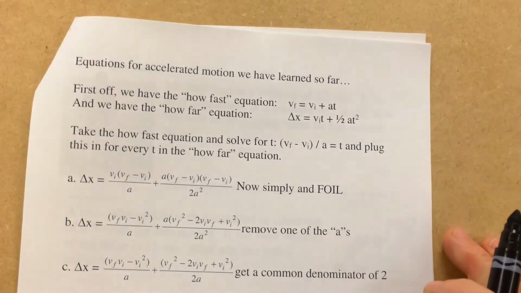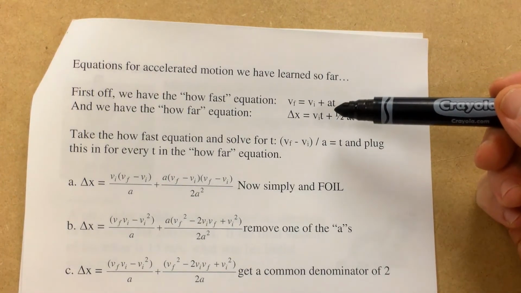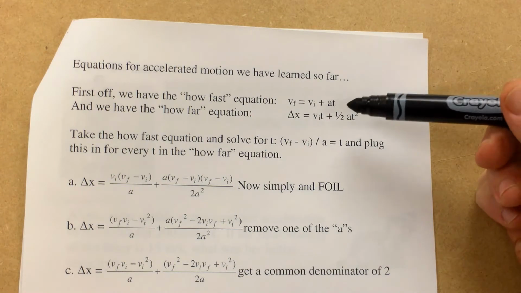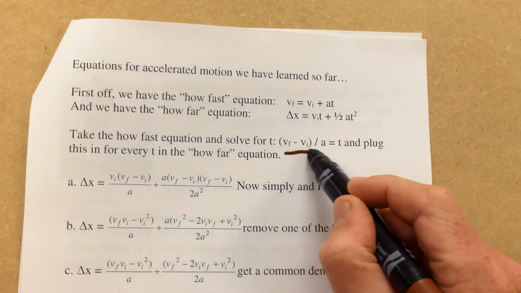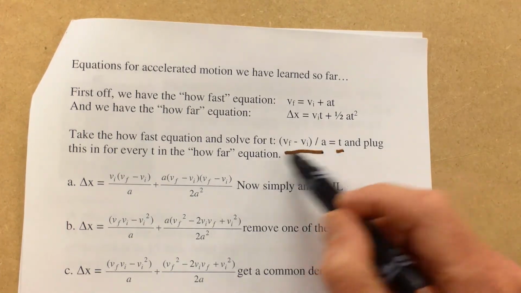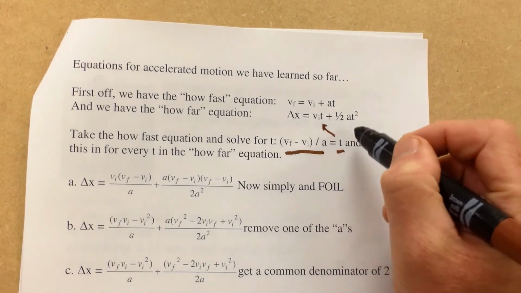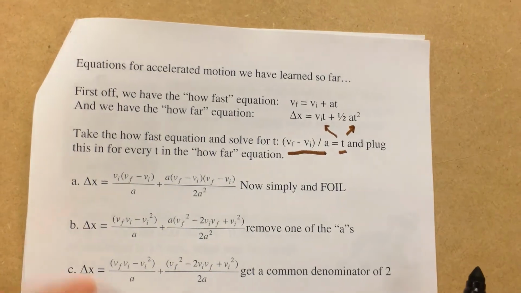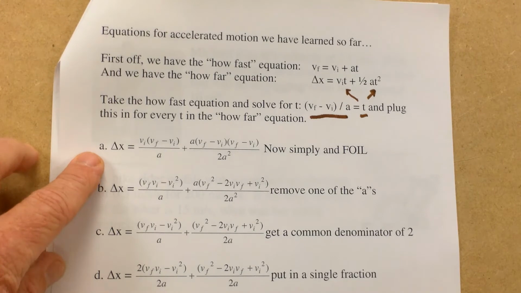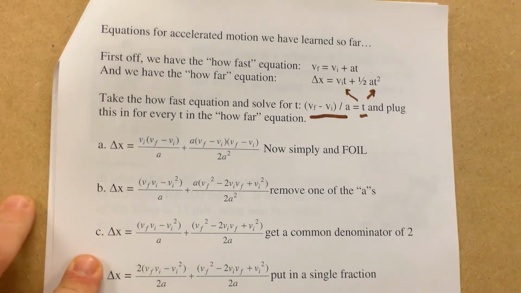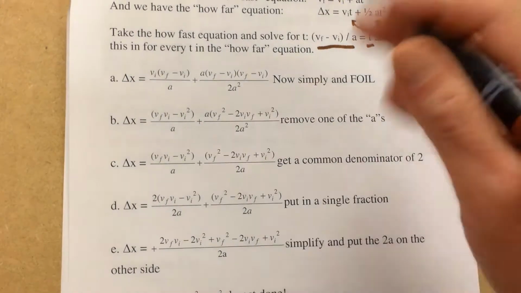Well, the math involved here is pretty challenging, but basically what we're doing is what's called substitution. We're going to take this how fast equation and solve it for t. Then we're going to substitute all this in for the time in the how far equation. You can see there are quite a few steps involved here. I wouldn't be so worried about the mathematics, but I just wanted to show you the steps. Well, at the end of all this algebra,